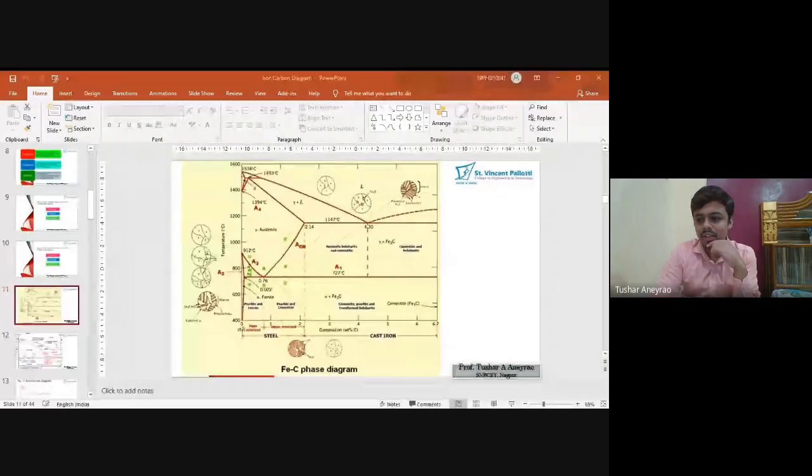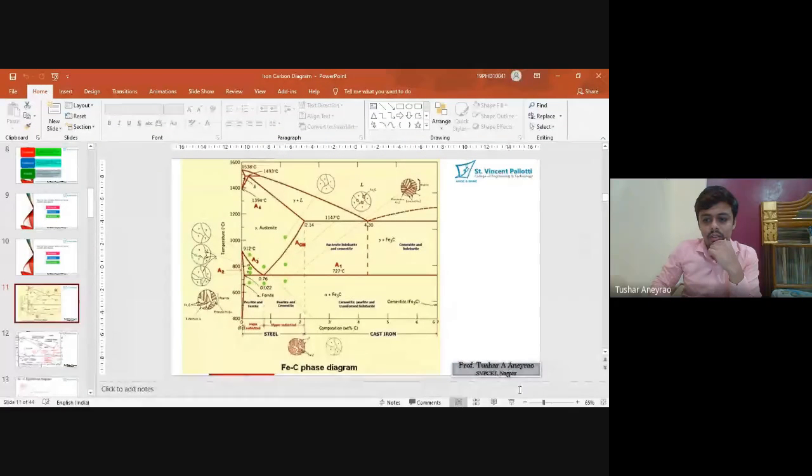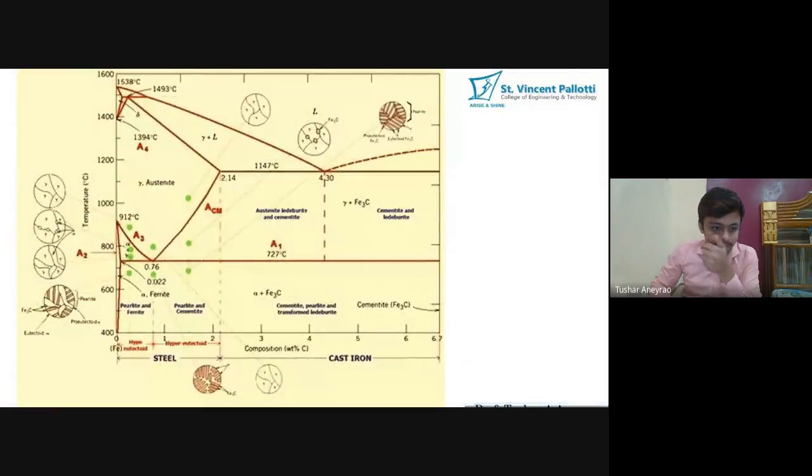Yes, Kunal, I will explain the eutectic reaction once again, no doubt. In the eutectic reaction, what is happening? The normal eutectic reaction is saying to us that liquid is getting converted, or we will say it is both ways, liquid is getting converted into what? Which reaction is this? Eutectic.